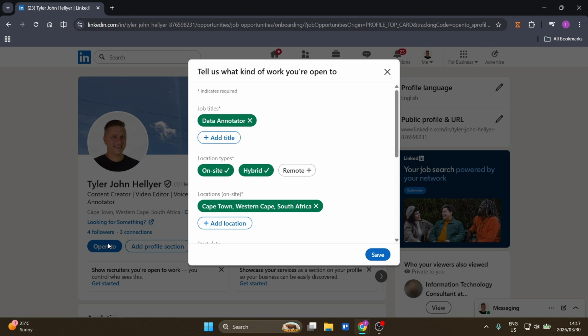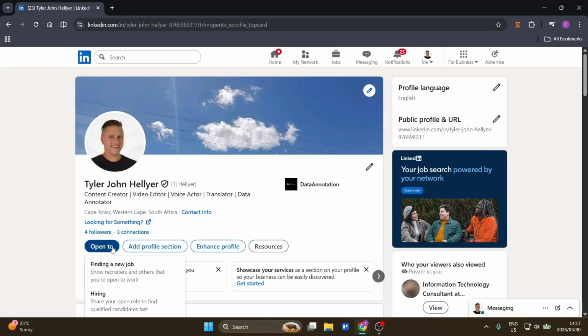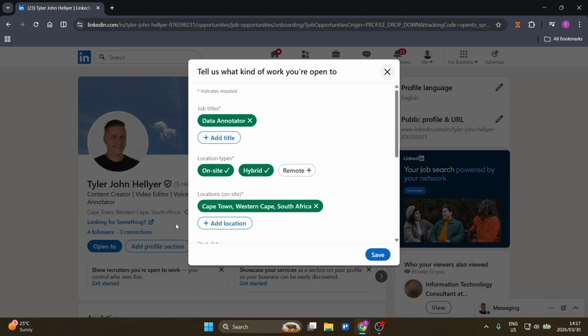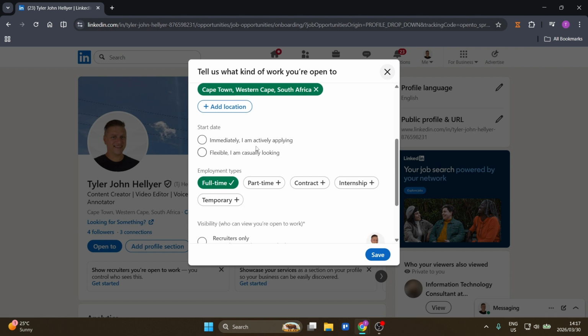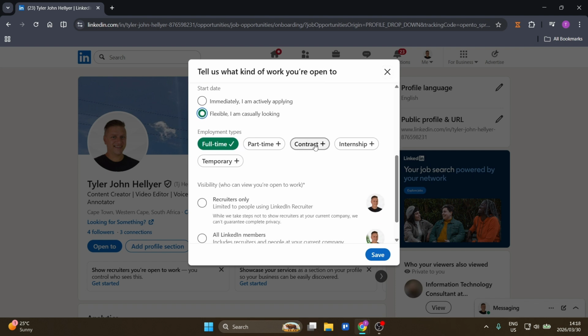So if you click on get started, or if you go up to the top over here and you click on this open to, click on find a new job, and it'll open up the same window. Here you want to add in job titles that you're open to work for, location types, locations which may be on site, your start date, so you can say flexible if you are flexible or immediately, and then the employment type that you're open to if you're looking particularly for full-time, part-time, contract, internship, whatever it is,